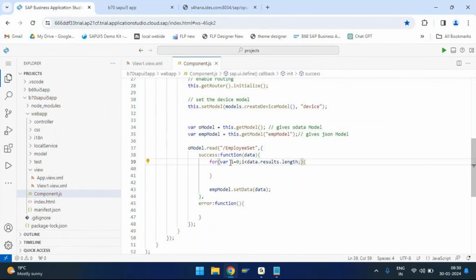So which means start from the 0th index and continue this loop till this I value is less than the length of the array. So let's say the length of the array is 5. Then this loop continues till the I value becomes 4. Obviously, correct? When the length of the array is 5, what is the last index of the array? 4, because the array index starts from 0. Okay, so that is why we need to say I must be less than the length of the array, and